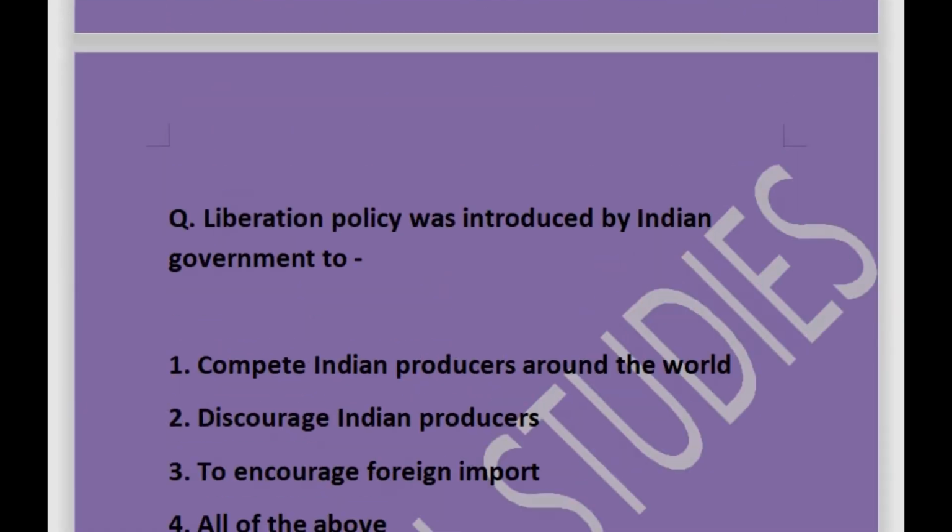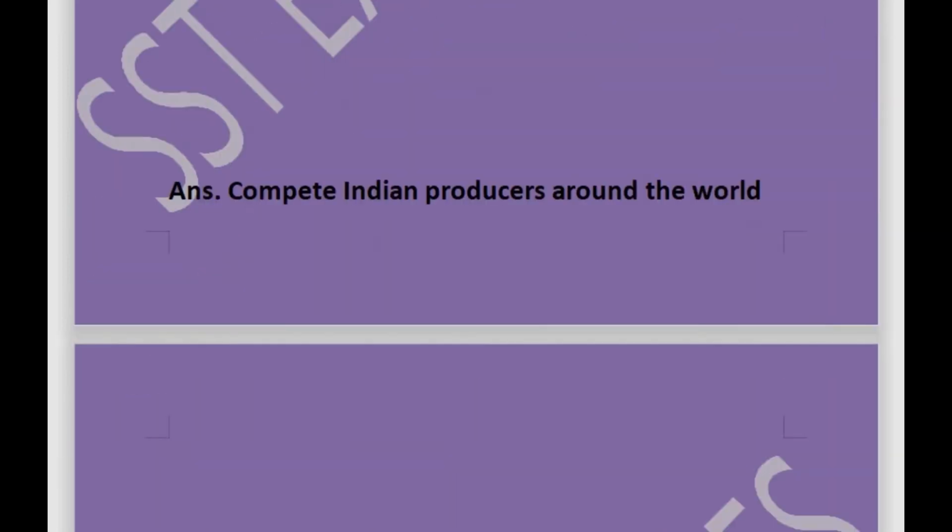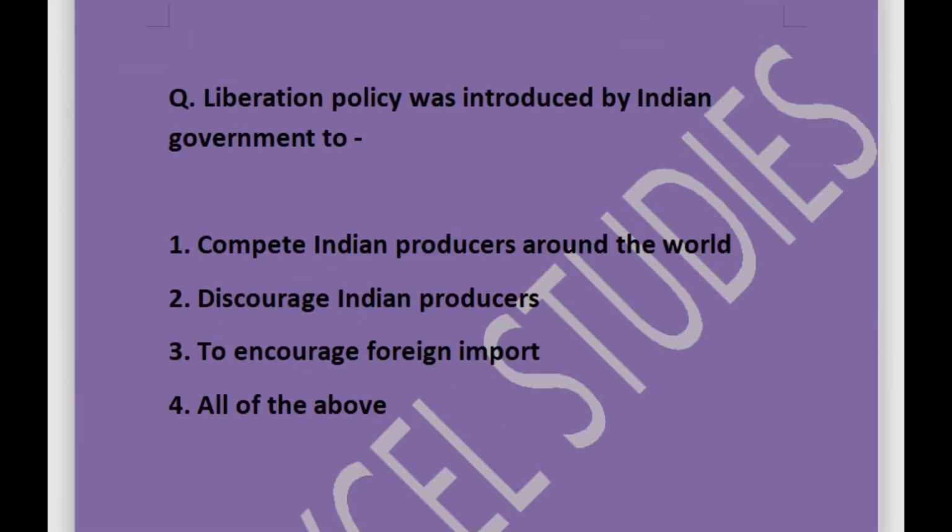Next question is: liberalization policy was introduced by the Indian government to? Options are compete Indian producers around the world, or discourage Indian producers, or to increase foreign import, or all of the above. Answer is compete Indian producers around the world, so that Indian producers could get a chance to compete with the other